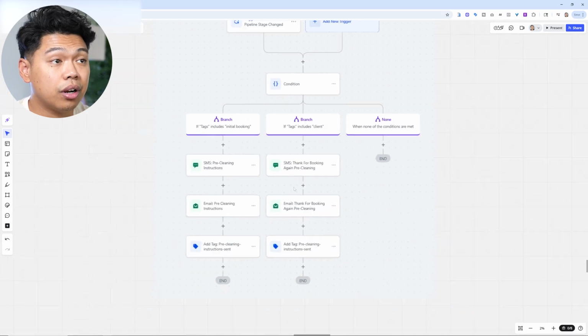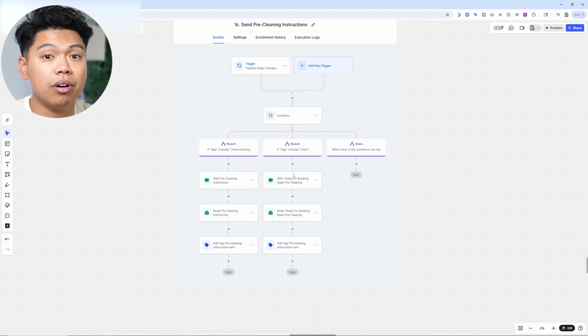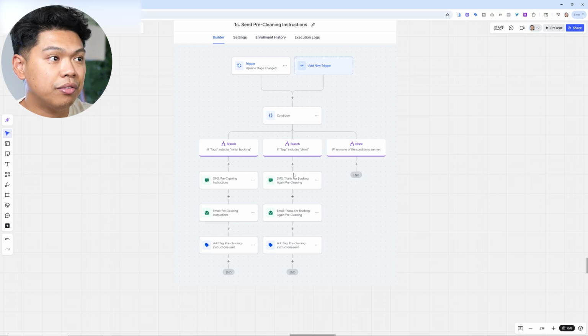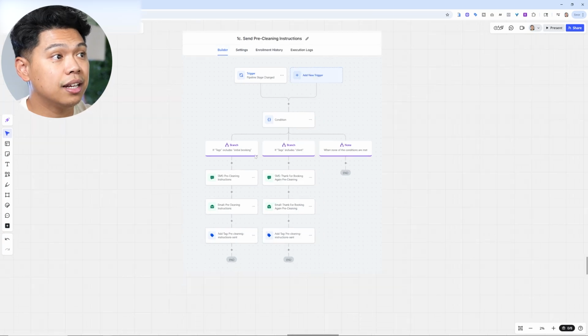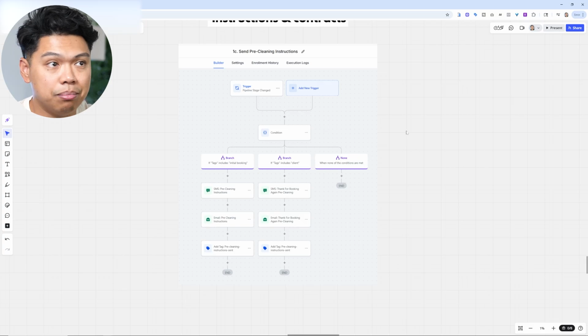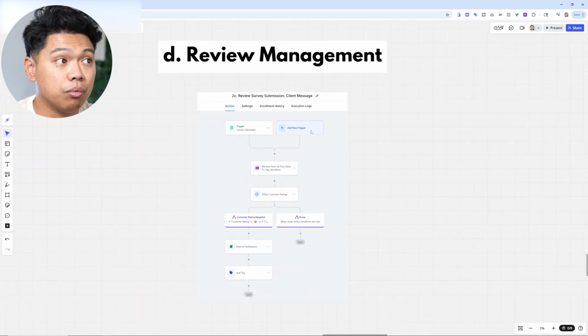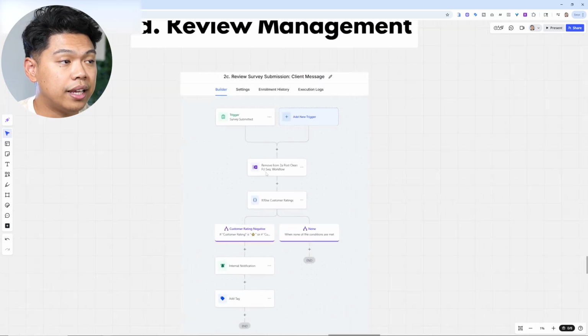So the tags, you can obviously tell, are how we've built automations for cleaning businesses to be able to filter where they should be when it comes to promotions, what email list, whenever we're doing an SMS blast or email blast. This is how we're able to filter them, is really through tags. So this is another automation that you need to build. Another one is review management. Again, one of the most important ones is once they fill out a form, they get removed